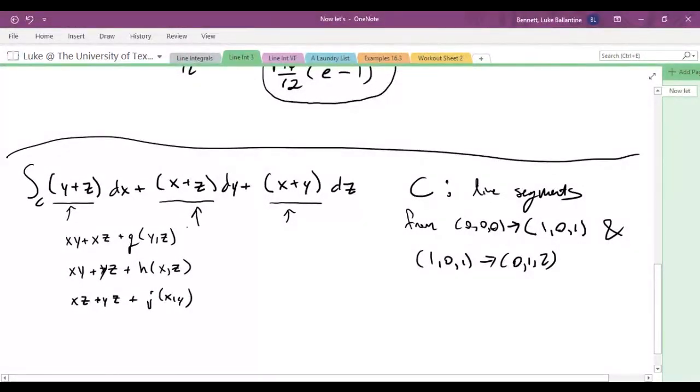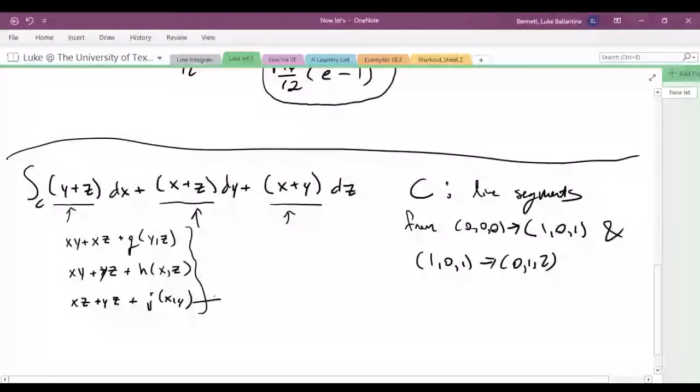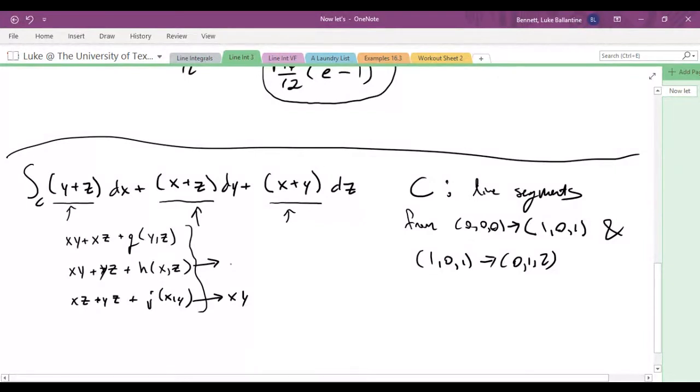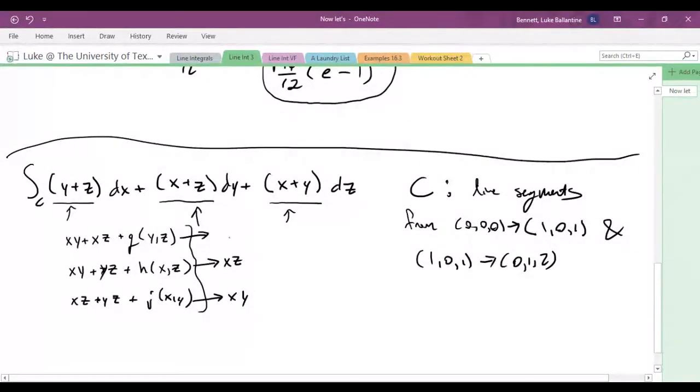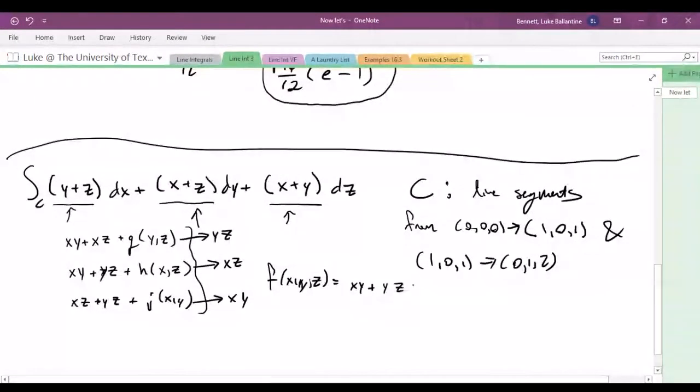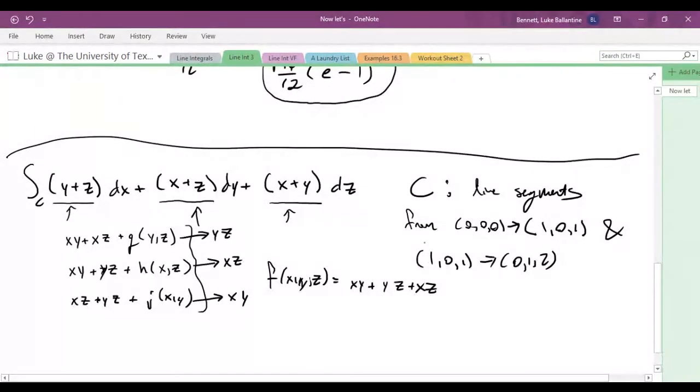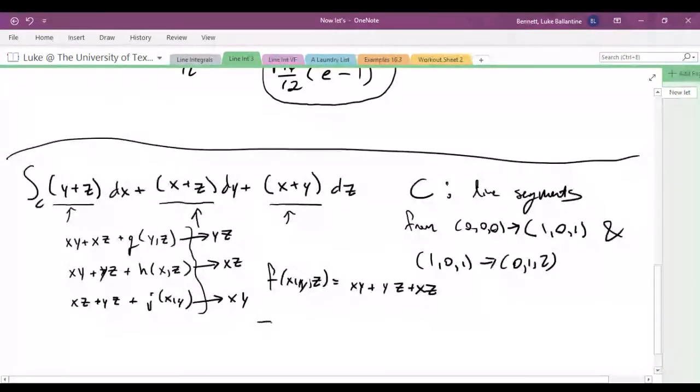So then we can see j would be exactly xy, h of x comma z would be xz, and g of yz would be yz. So then we would have a scalar function f of xyz equaling xy plus yz plus xz, so that the gradient